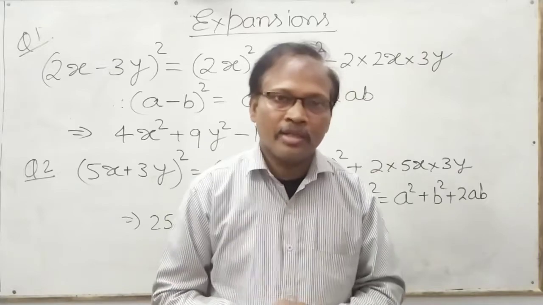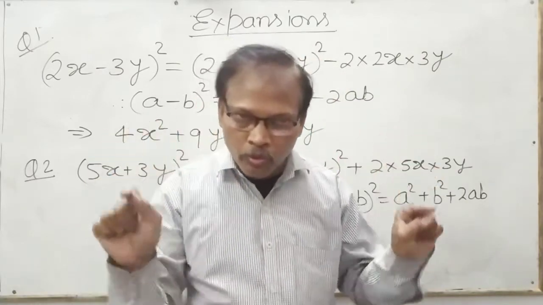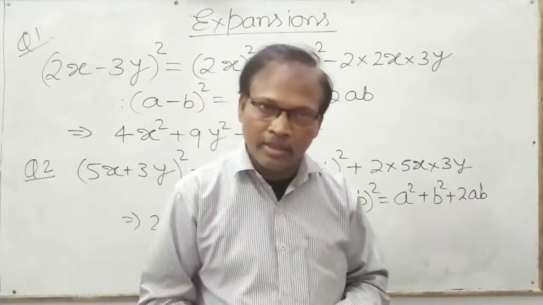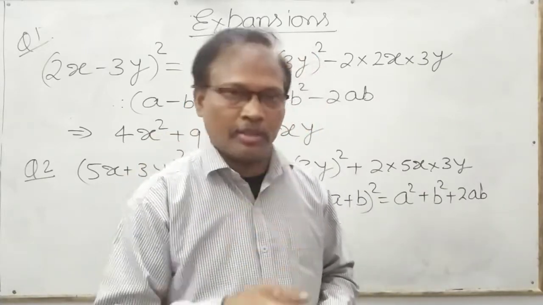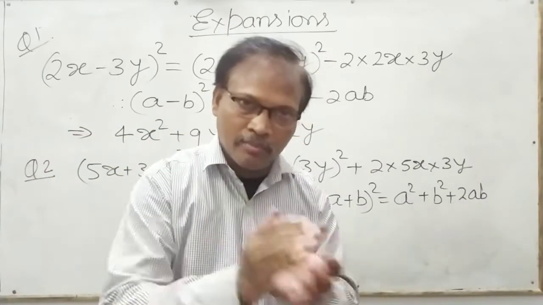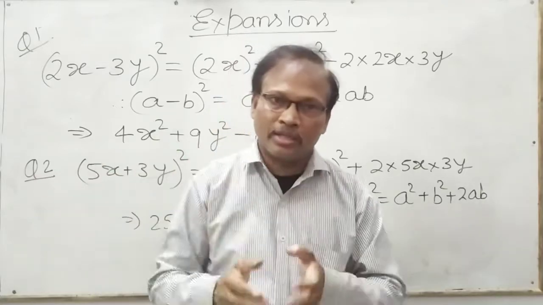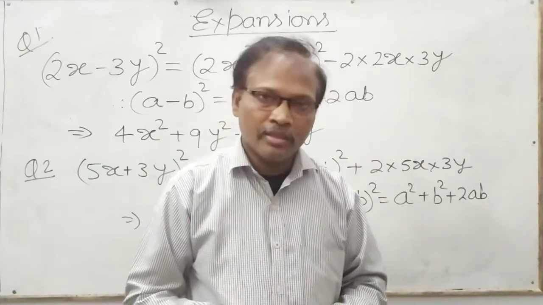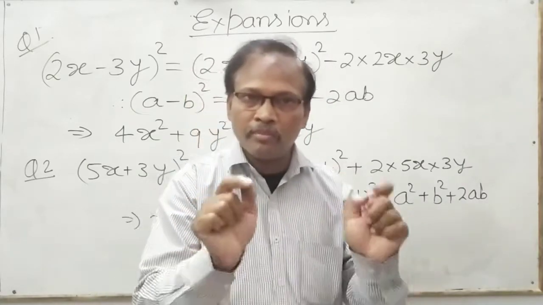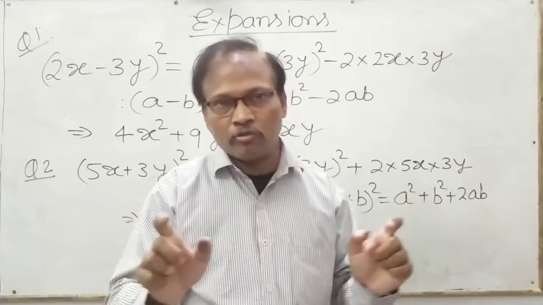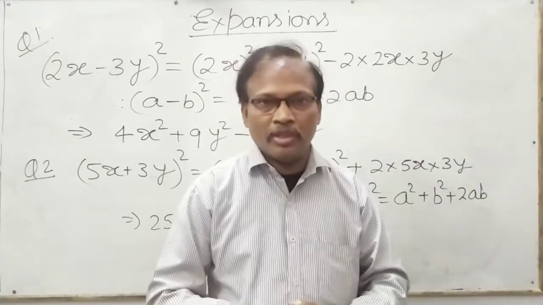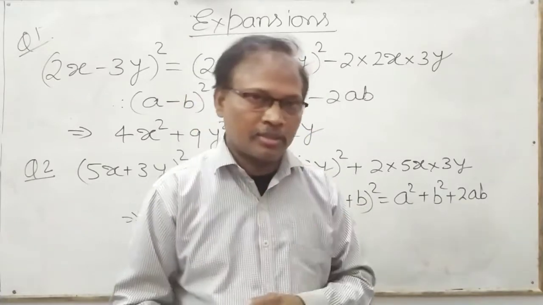That is wrong. With a square, if there is any whole square, then with the squared quantity there will be no minus sign. Individually it will be minus, like in 2ab, a is separate and b is separate, so in that case you can take minus. That is why the minus comes in minus 2ab. But a square and b square both will be in plus. Wherever there is a square, even if the minus sign is attached, it does not matter. So these are the two basic formulae that you have read in class 8.